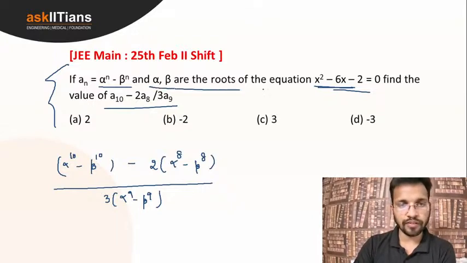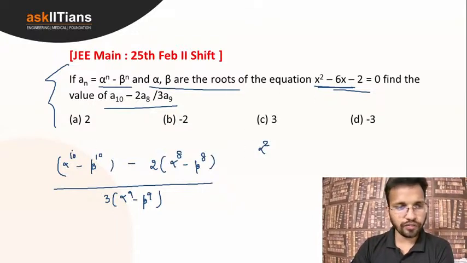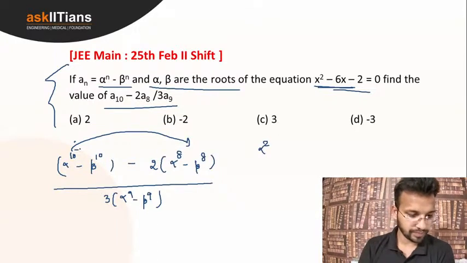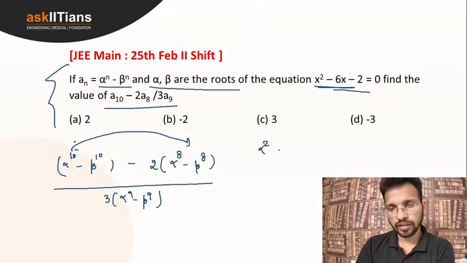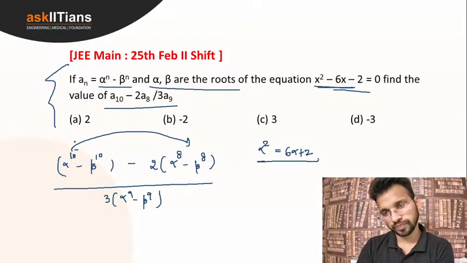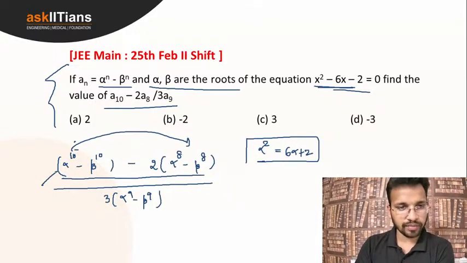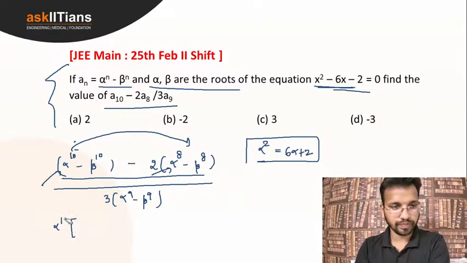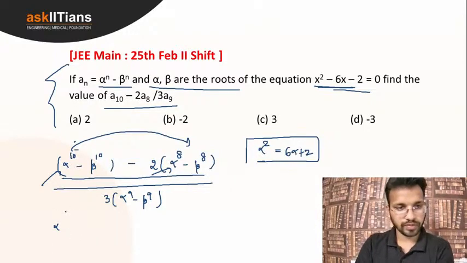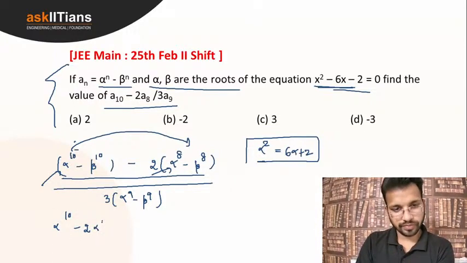Now what is given to us? Alpha and beta are the roots of this one. So there is a difference of degree 2 here. Can all of you see that? Difference is, so if I write alpha square as 6 alpha plus 2. So basically क्वेश्चन सॉर्टेड लग रहा है अगर हम इसको अल्फा स्क्वायर के टर्म्स को कंबाइन कर लेते हैं. अल्फा 10, minus 2 alpha 8 minus beta 10,